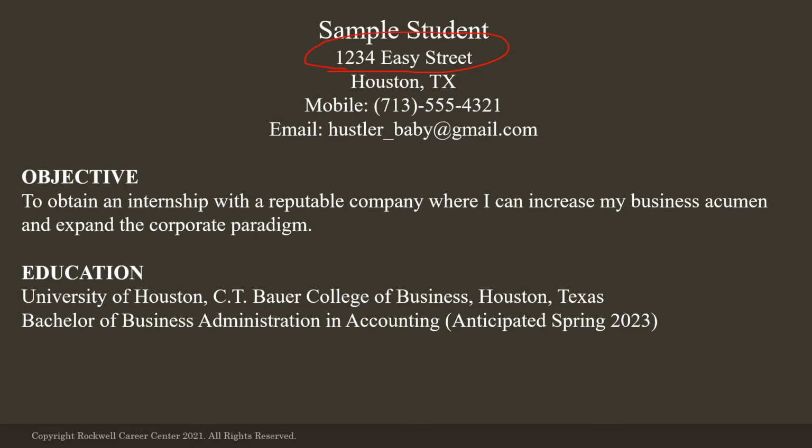Here's one. You don't need your full address on a resume, and in fact, it's quite dangerous. You don't need to tell me it's a mobile number. You just list the phone number that you're actually going to answer. Most employers would prefer that you put a zip code after the city. You don't need this dash. It's not part of the number format. You don't need to tell me this is an email. I kind of can tell it's an email. In addition, this is not a professional email address,